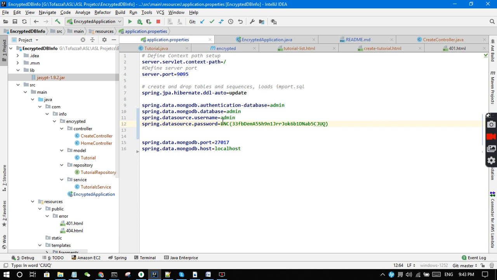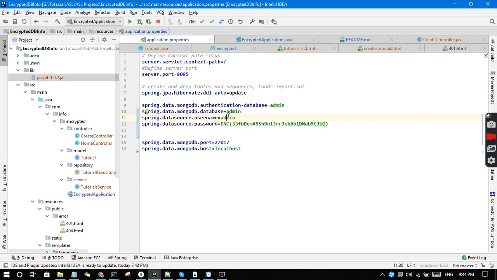We have to use this keyword ENC and a bracket, then the encrypted text, and a closing bracket. So our password is now encrypted, and we can also encrypt other values, like the database name and username. Since our database name is admin and the username is also admin,